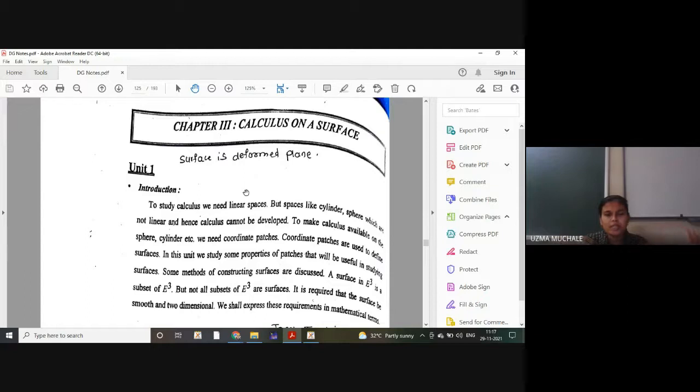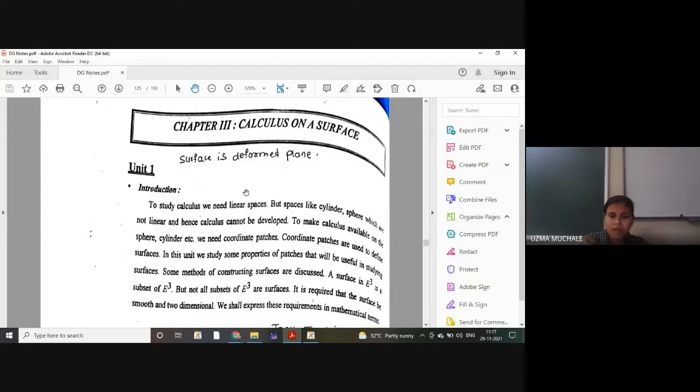So what is given initially is that a surface is not defined in our mathematics up till now, and we imagine cylinder and sphere, all these, are surfaces, and that these are linear spaces. We were understanding that until now, but these are not linear spaces. You can see the equations of a sphere and a cylinder are not linear equations, right? To make them linear, we are going to define a coordinate patch, and after that we will define proper patch, regular map, and all these.